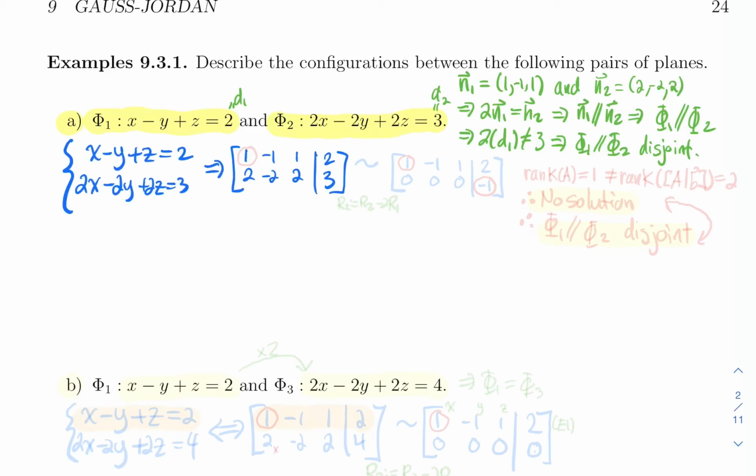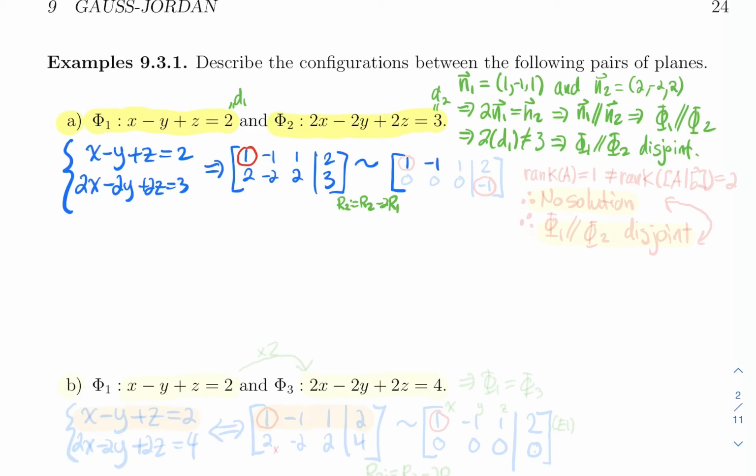Here it does not take much to put this in row reduced echelon form. So the first pivot will be in the first row, and it's already a 1. So the operation that we're going to use here is that row 2 will become row 2 minus 2 times row 1. So this matrix will be equivalent to, not touching the first row,